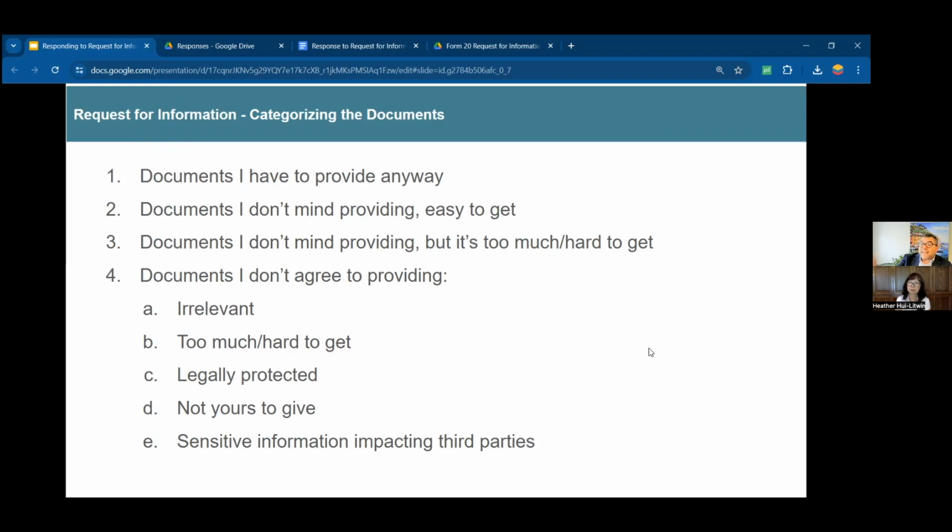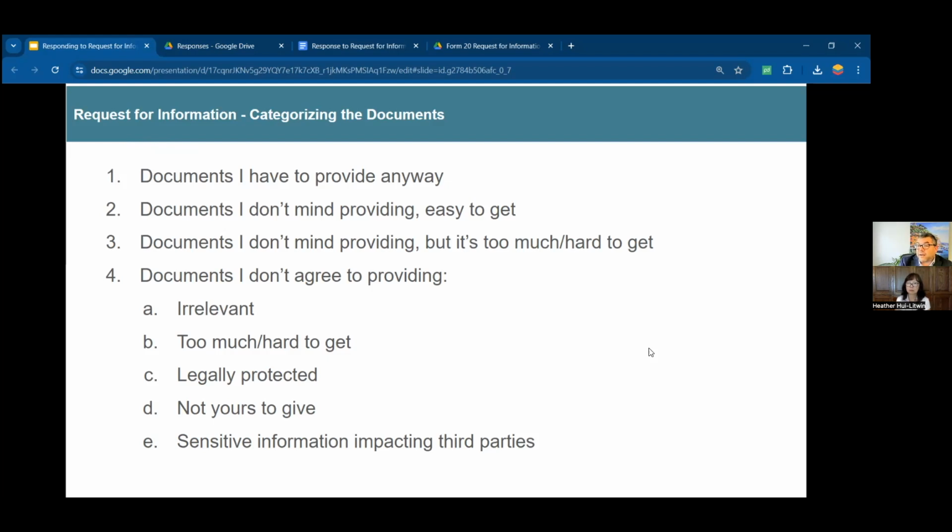So you have a tax return. All your T forms information should be reflected on your tax return, and they say, well, no, we want to see the T forms. Technically, if you look very carefully at the child support guidelines, where it lists the income documents, it actually says the T forms, all the supporting slips, but many people don't provide it because it's already on the tax return. And so do you need to provide it? Whatever. The point is that it might just be easy to get.